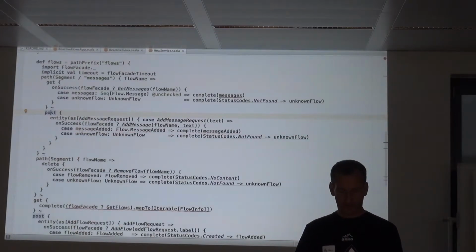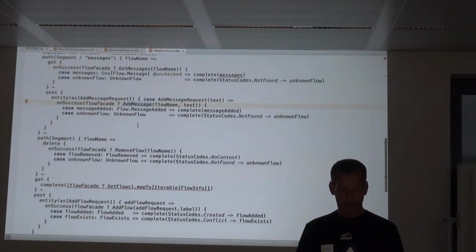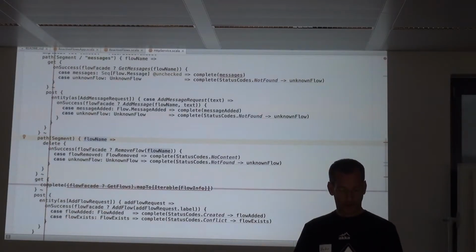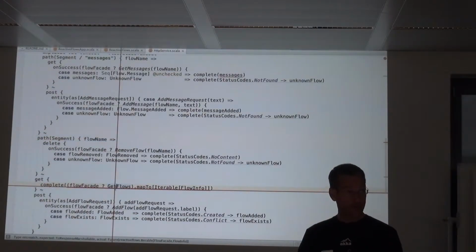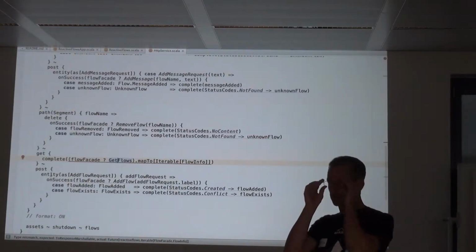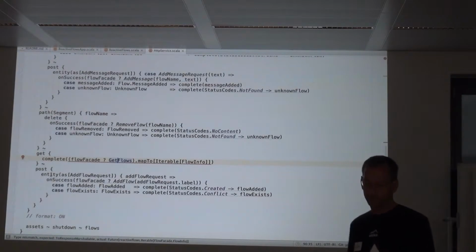Go to the flow facade, tell it to add messages. And what you also can do is you can just delete a flow, or you can get all the flows, or you can post a new flow. Okay? I think this DSL, so this is really a route DSL, it's pretty descriptive.